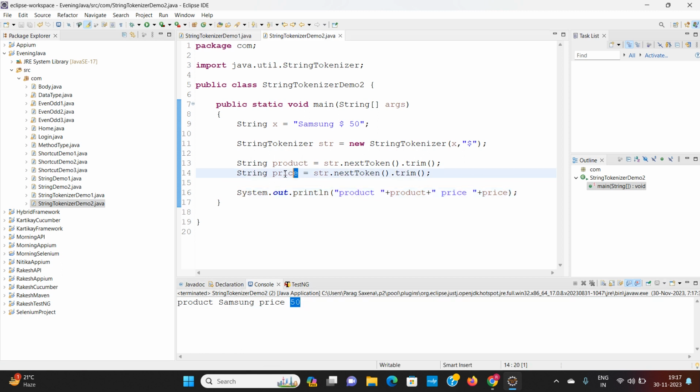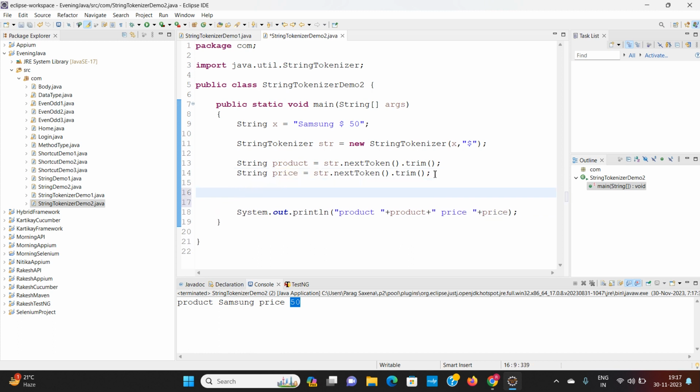Now, if I want to get the discount of this price, if I write price into 10 divided by 100 and store it in int discount, it will give me an error, because only the plus operator will work with the string. With a string, only the plus operator will work. Plus is used to add the data with a string. Multiply, divide, remainder, these arithmetic operators will not work with the string type of data. For that, we have to convert